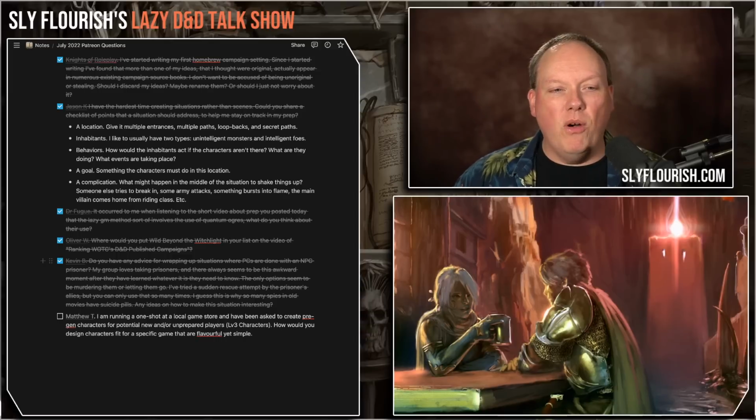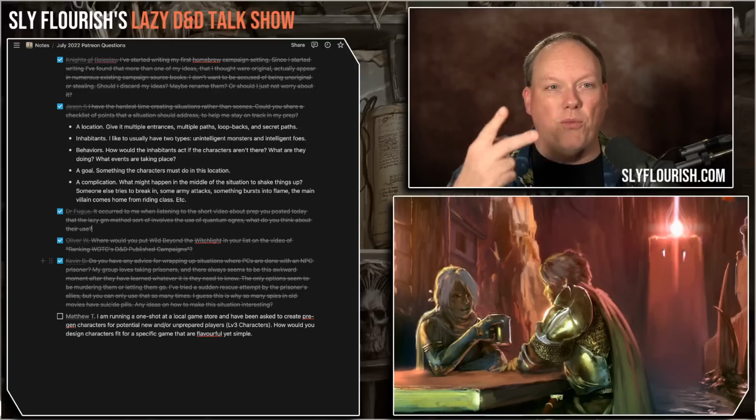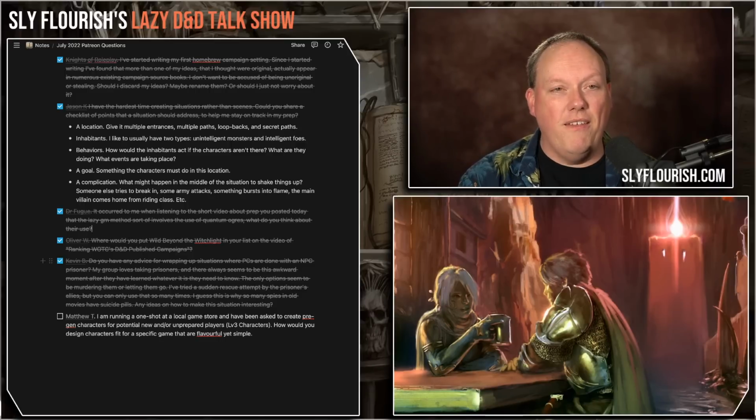Matthew T says, I am running a one-shot game at my local game store and I've been asked to create pre-gen characters for potential new and/or unprepared players, level 3. How would you design characters to fit for a specific game that are flavorful yet simple? I would do two things. One is I would use the Sly Flourish